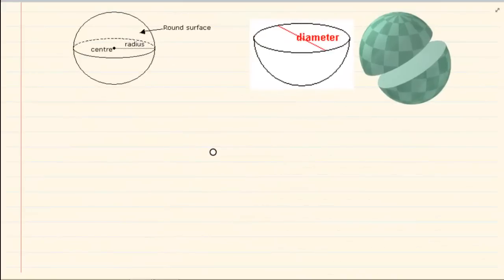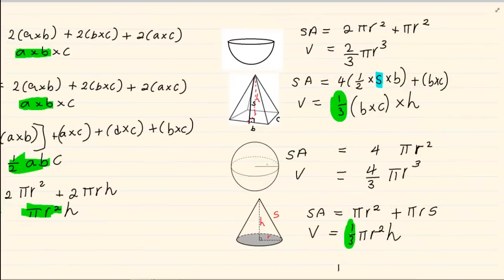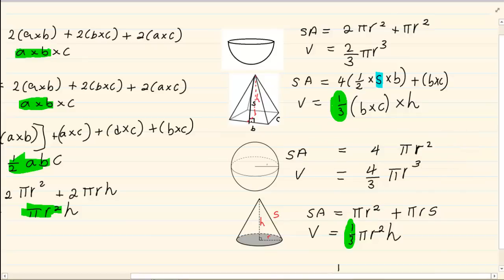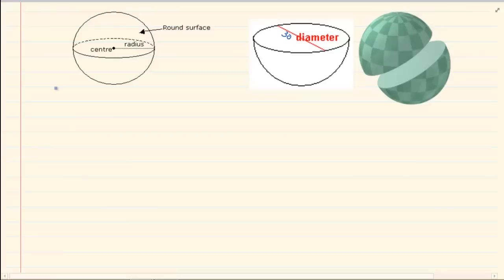Okay, now let us look at a sphere and a hemisphere. Now a sphere is basically a ball, if you take a soccer ball or any round ball, and a hemisphere is when I cut that sphere in half. If we are doing the area of a sphere, you will notice the surface area is 4 pi r squared. So let us do the surface area for this sphere. The surface area is going to equal 4 pi r squared. Now if we have that the diameter is 30, then the radius is going to equal 15. So we have 4 pi 15 squared, which is equal to